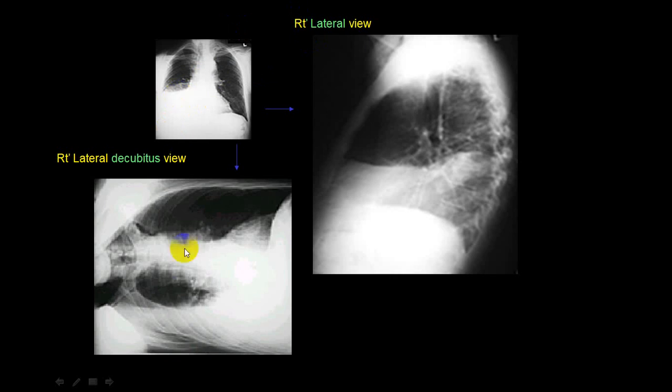If you want to differentiate those three, and if you want to differentiate pleural effusion, you will go for a lateral decubitus. You can see this shadow, horizontal shadow, right? I cannot make out whether this is a consolidation or a collapse very clearly. I'll go for what we call a lateral decubitus. And when I take a lateral view, I see some haziness here. Again, I cannot differentiate very clearly, but this is extending right till posterior, right till here. So to differentiate this as an effusion, this is the best view.